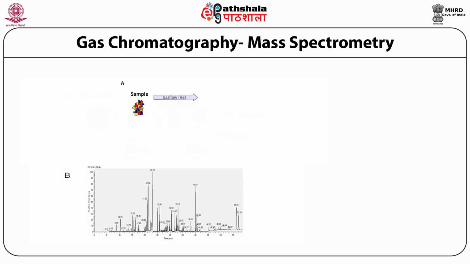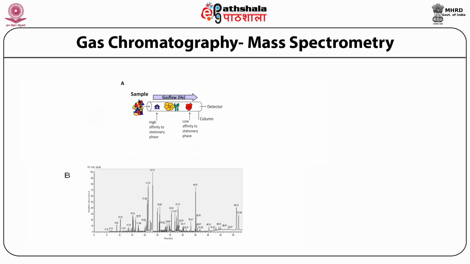The arrow on the top shows the direction of the flow of the inert gas, which is the mobile phase, and it's helium here. You see that these red analytes, since they have low affinity to the stationary phase, are carried by the inert gas faster, and so they will elute out of the column first and be fed into the detector, which is a mass spectrometer in this case.